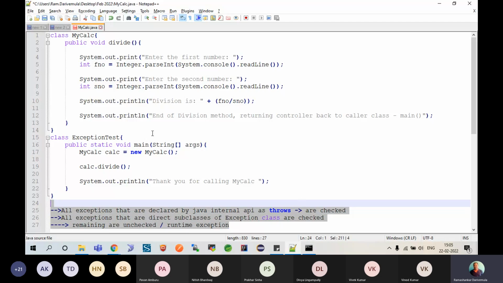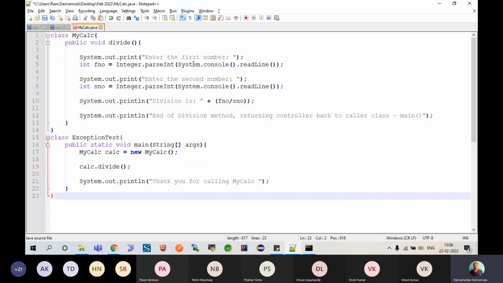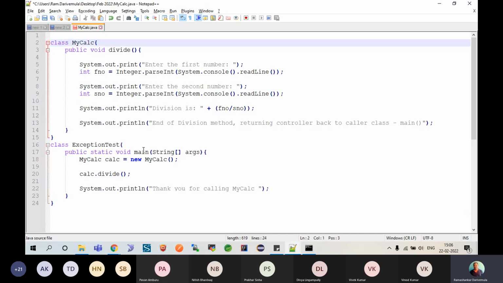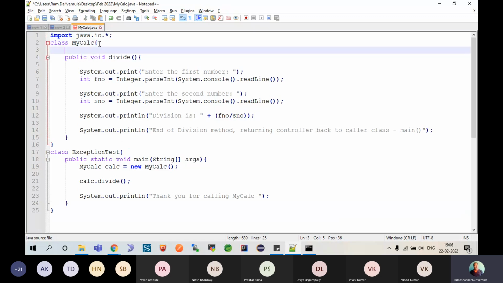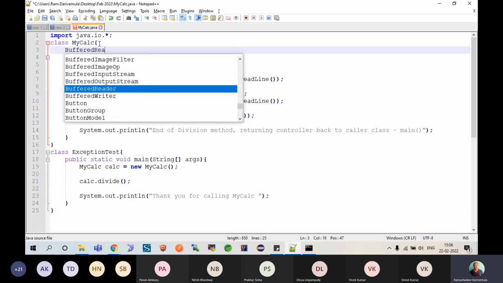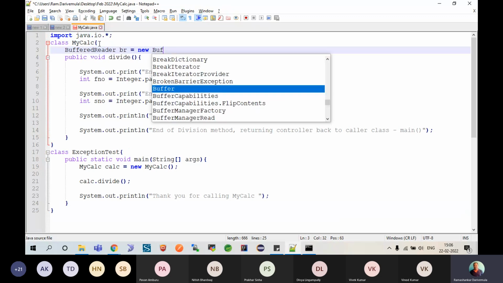We will slightly modify this same example, then we will understand this point. Shall we? Now, now that I have my class, I'll go to a slightly older way. The way I am using System.console().readLine was added from Java 1.6. Prior to Java 1.6, people used to depend on Scanner or BufferedReader. So I am trying to take that BufferedReader's help. Import java.io.*, and I am declaring a BufferedReader: BufferedReader br = new